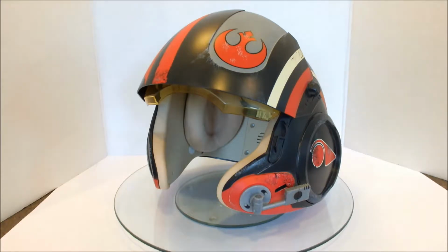And of course, they're sort of a thing that's between a kid's toy. So they're a step up above the old Boba Fett and Captain Rex helmets that Hasbro put out close to a decade ago, I think, but still below the level of something like a Novo's. So as far as I'm aware, things like this are good for collectors that don't want to spend too much on a prop, but they are not a prop that is screen accurate enough to be used for high level costuming groups,